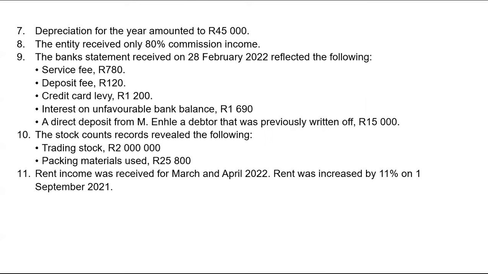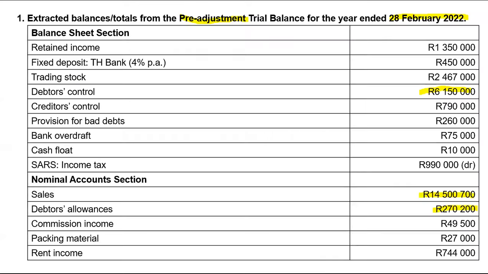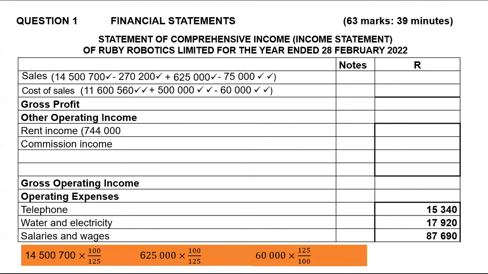Number 8, the entity received only 80% commission income. Whoa. Now let's go to our trial balance. How much do we have as commission income there? It is 49,500. So I'm going to take that 49,500 and put it in brackets for commission income, okay? But the problem is that I only received